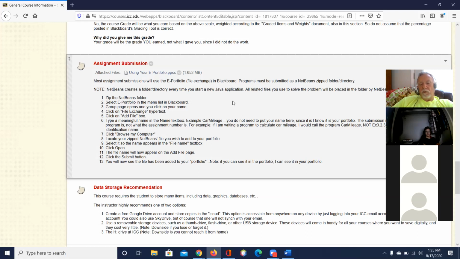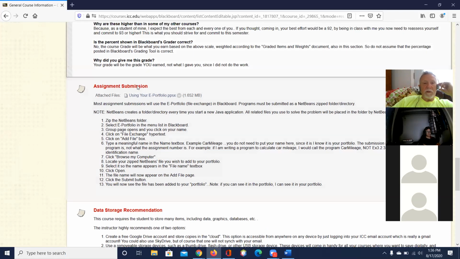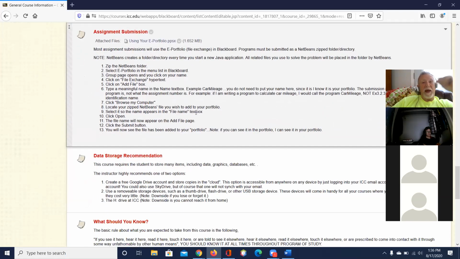And I look at all of them for the most part. So they all have to be the same, because when I have to download them, unzip them, et cetera, et cetera, et cetera. So if you don't do them in NetBeans, I will send them back to you.